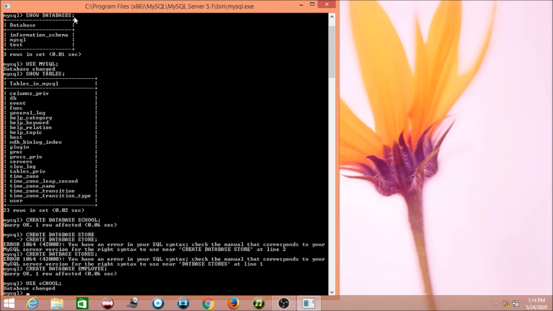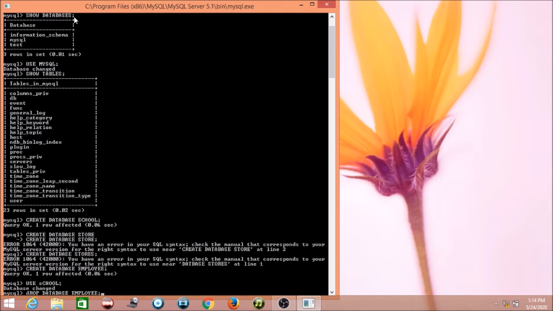Now if you want to delete a database, you have to use the drop command. I created this employee database with a reason, so that I can delete it. So here I will write the command drop. See here I am using capital and small letters, so that means it is not case sensitive. You can write in capital, small, or in a normal way. So drop database, and then the name of the database, which is employee.